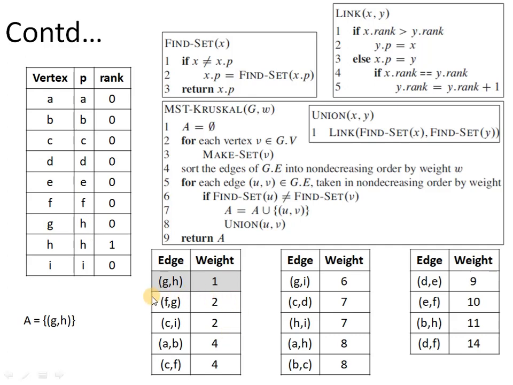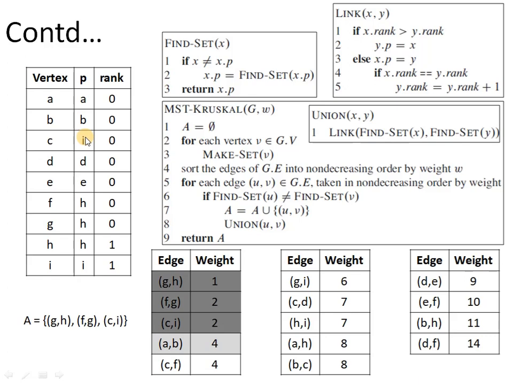Now this process has to be repeated for all the other edges. So next we have FG. So F belongs to a set with representative F, and G has representative G. So again different representatives are there, so we have to keep this edge, and accordingly we have to combine the sets of F and G as well. And then we have an edge CI. Again C belongs to a different set, and I also belongs to a different set. So after the execution we have to keep the edge CI, and also we have to combine C with I. So the representative of C has changed to I now.